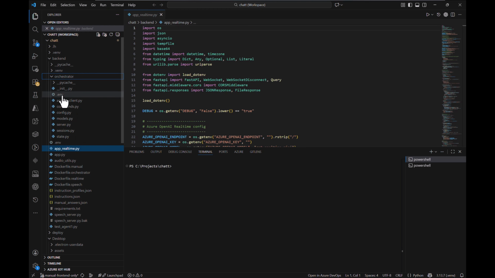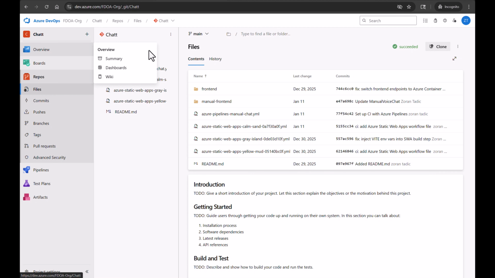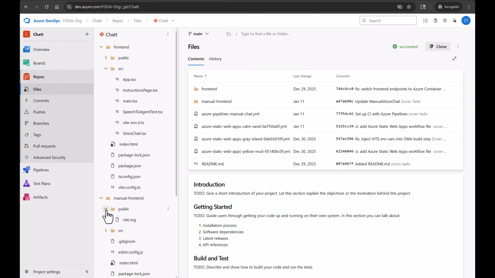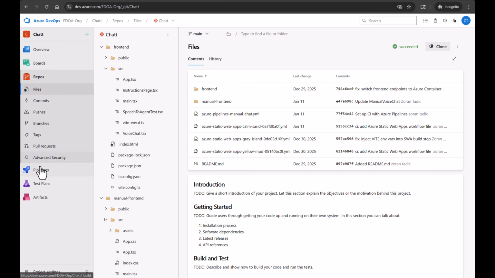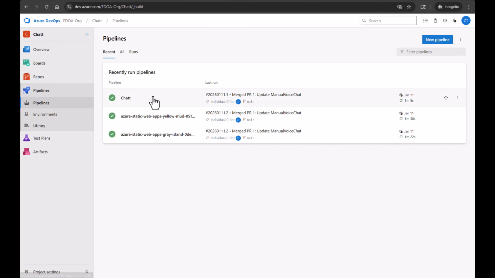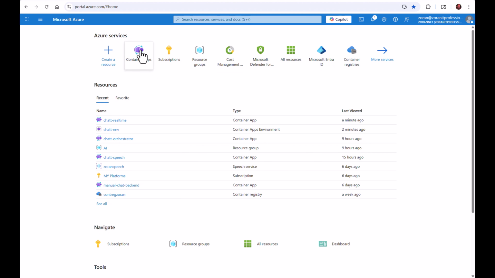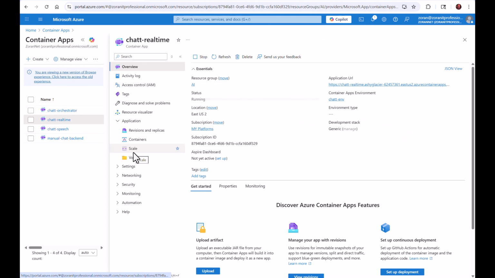Once my code is ready and all local testing is done, it's time for Azure DevOps to take over. With just a single push to the main branch, automated DevOps pipelines handle everything, building each microservice into a Docker image, running all the necessary tests, and deploying each component to Azure Container Apps for backend and Azure Static Web Apps for frontend. This means that every update, bug fix, or new feature goes live reliably without any manual intervention or downtime. And if I ever need to roll back, I can do it instantly without disrupting the rest of the system.